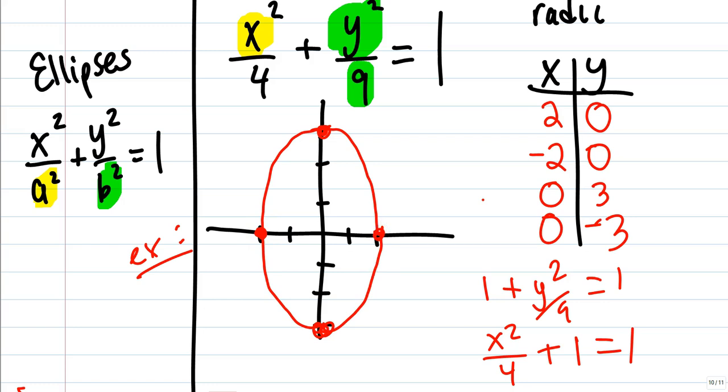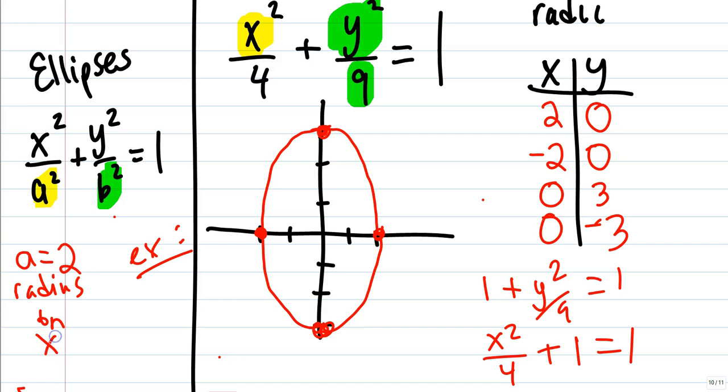So like I said, this is kind of just plotting some points to think about it. This is not the way I'm going to do it. Basically, I have x squared over a squared, y squared over b squared. We say, well, what squared gives us 4? Well, a would equal 2. That is the radius